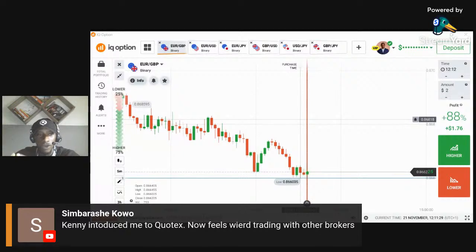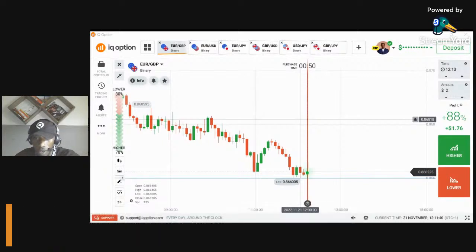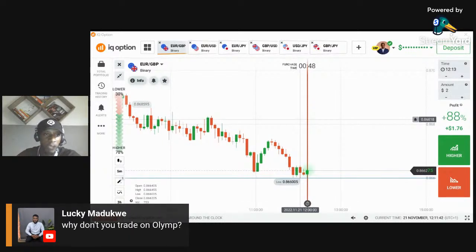I trade on Quotex, Pocket Option, and IQ Option. I trade, in fact, any other binary option broker. I don't like volume trade. Lucky, I don't volume trade. The interface is not good. I've tried to analyze their candlesticks, and you can't work with their candlesticks very well. Sometimes it's just irregular, but of the ones I've used, Pocket Option candlesticks are good, and IQ Option is the best in terms of candlesticks though.